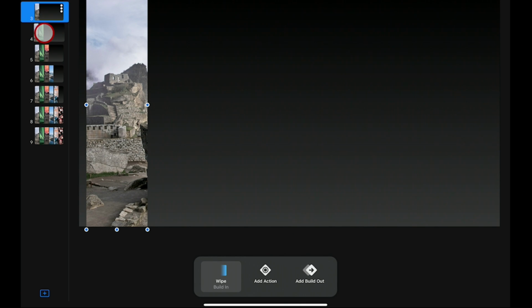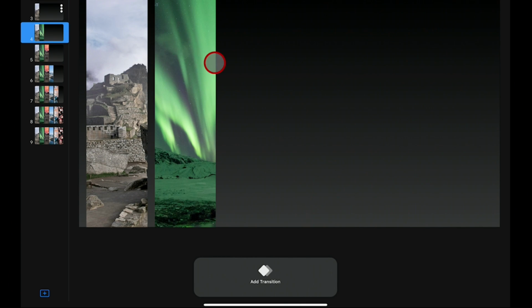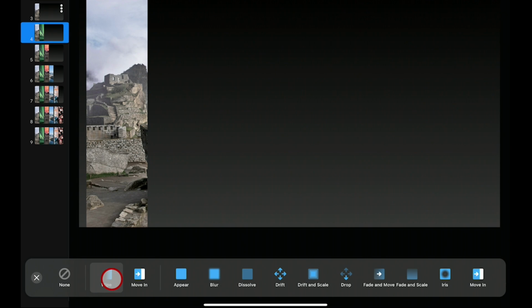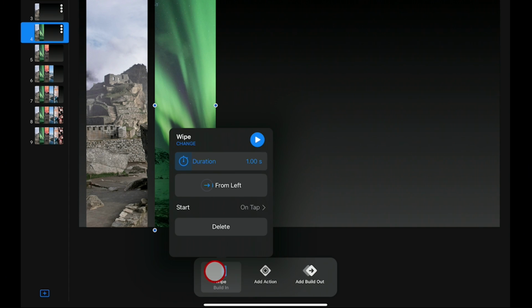Now, while we're still in here, we can tap on the next slide and do the same thing, but reverse it. We went from the bottom. Now we're going to go from the top. So we'll add build in. It puts your recent ones over here. So it's easy to find wipe again. Tap off of it somewhere, tap on here,